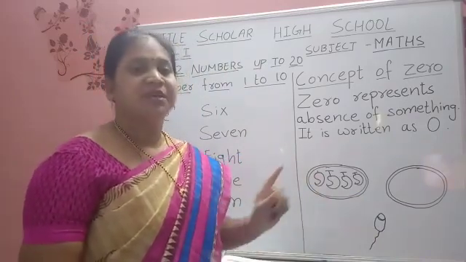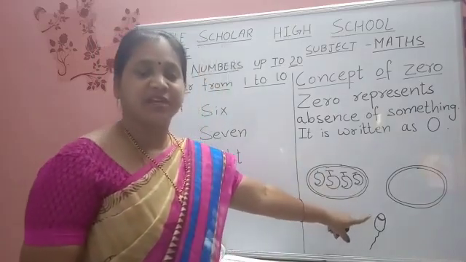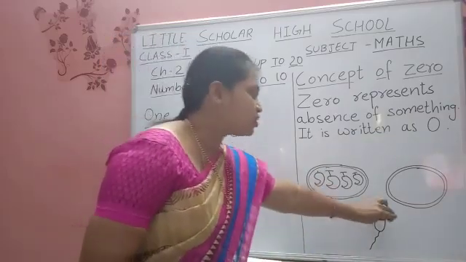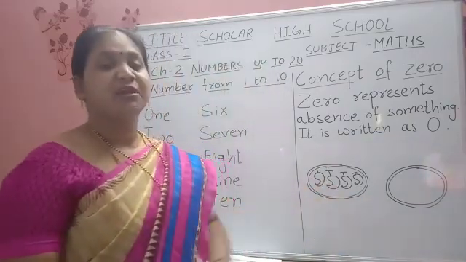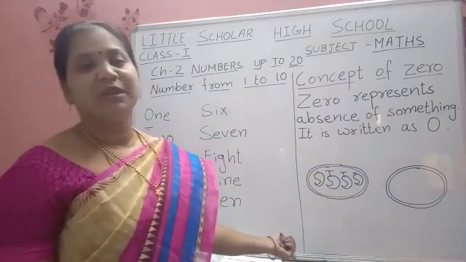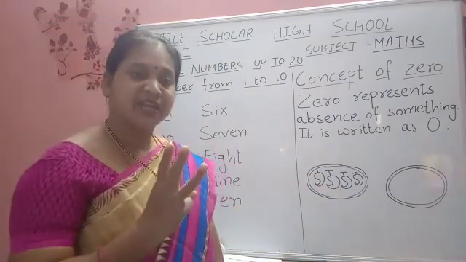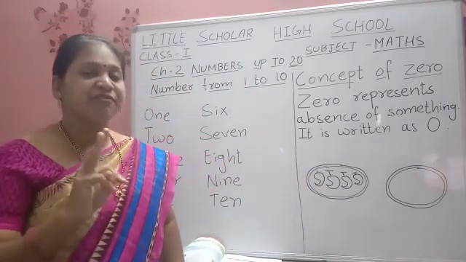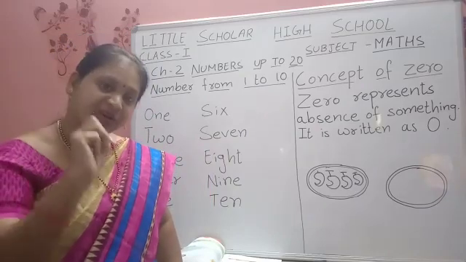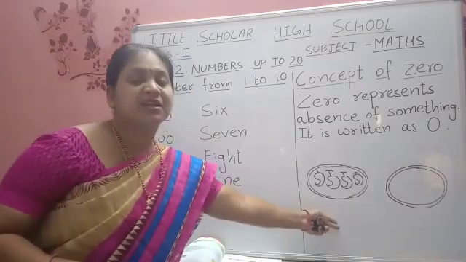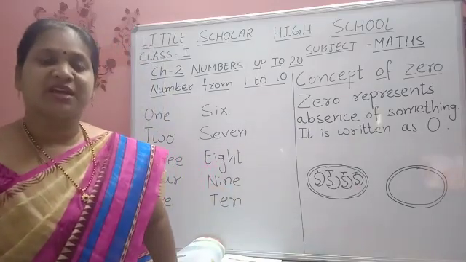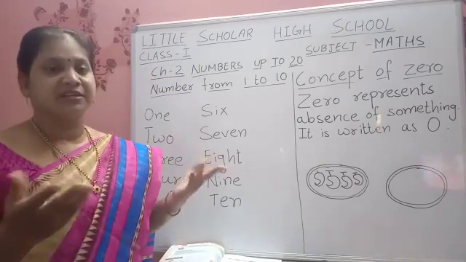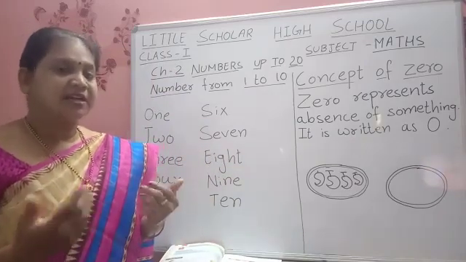Again, one friend came and she is asking you to give your balloon to her to play. So you are giving that balloon also to your friend. Now tell me how many balloons are left? 0 balloons are left with you. First you had 3, but you gave all 3 to your friends. First one you gave to your friend, second one also, third one also. Now how many balloons are left here? Nothing. 0 balloons are left with you. Is it clear now? Did you understand the concept of 0, children? 0 means none, nothing.